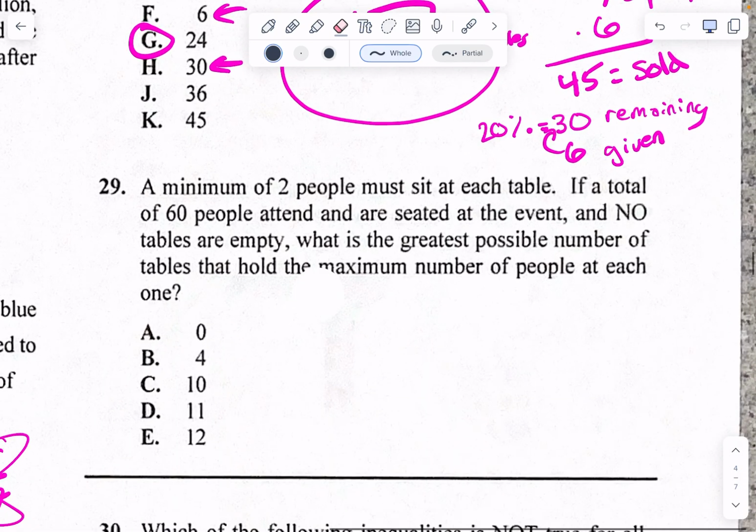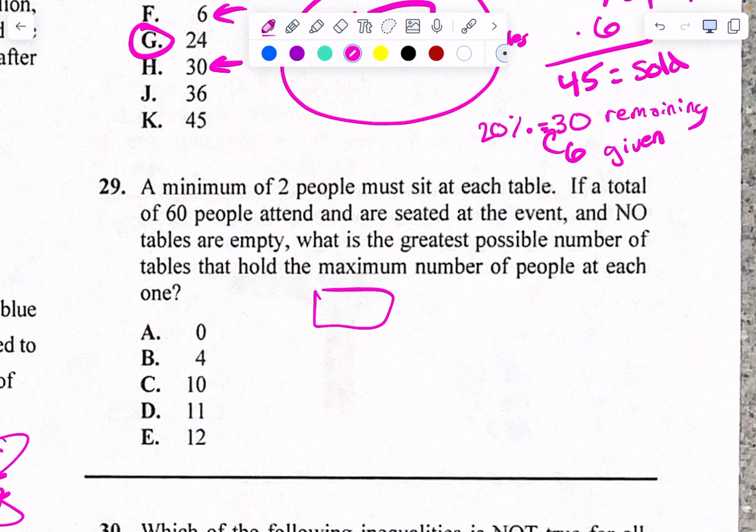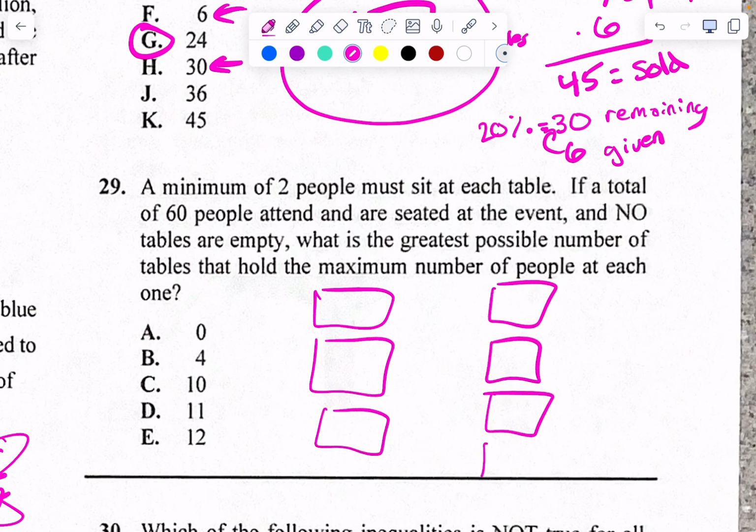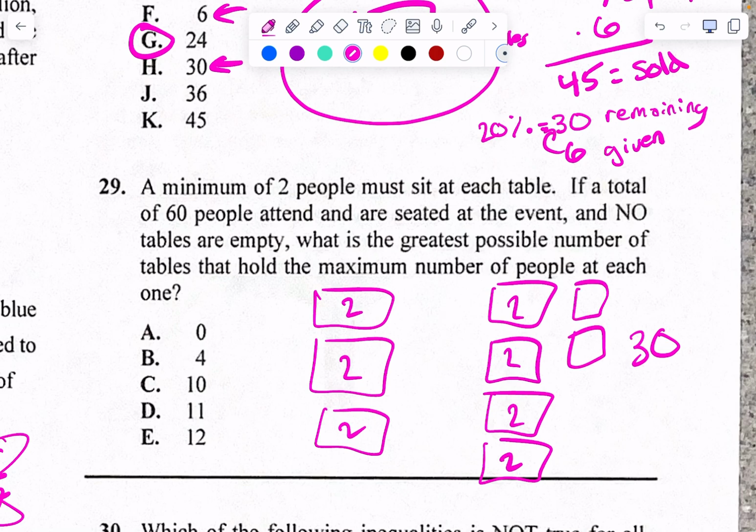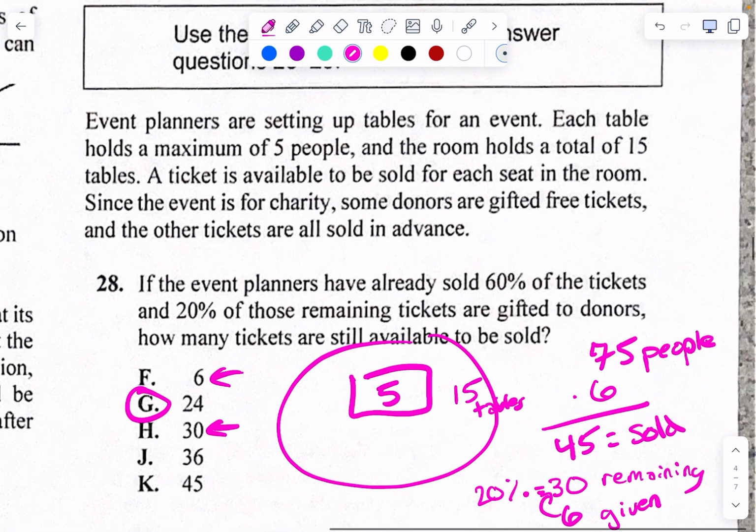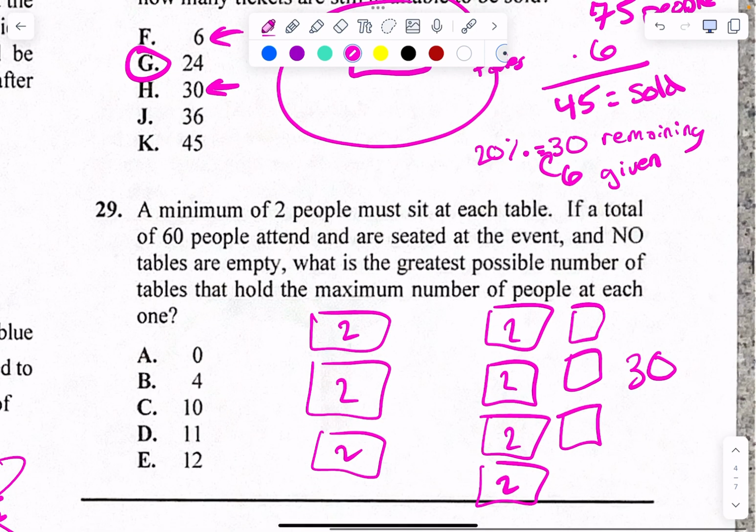So, you have 15 tables, right? And there has to be 2 at each table, right? So 2, 2, 2, 2 at each. That is how many people? 30 people? Okay? I didn't do all 15 tables. But 15 tables, and there has to be 2 at each table, right? So that's 30. If a total of 60 people attend and are seated, that means the greatest possible number of